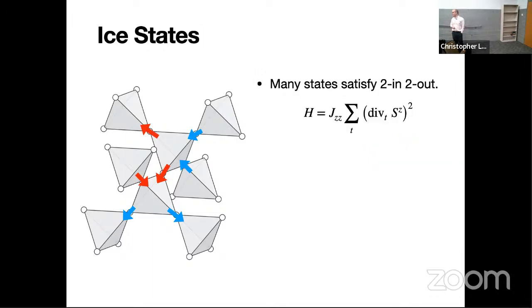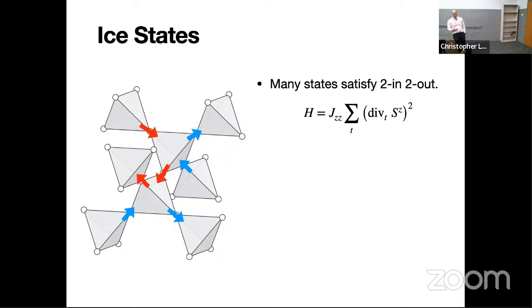There are many states which have that property. Here, let me show you. That one also has that property. That one also has that property. Okay, so in fact, the reason these are called ice states, even though this is a spin system that has